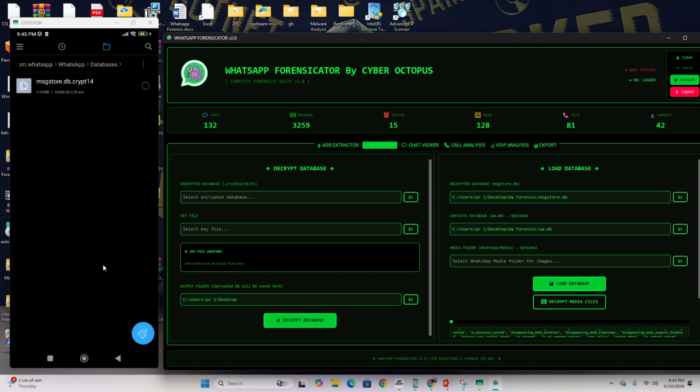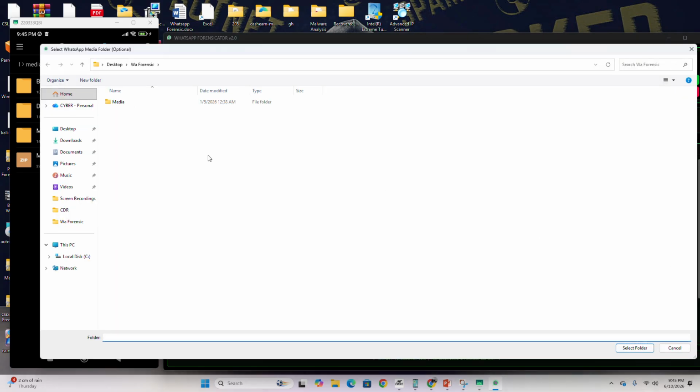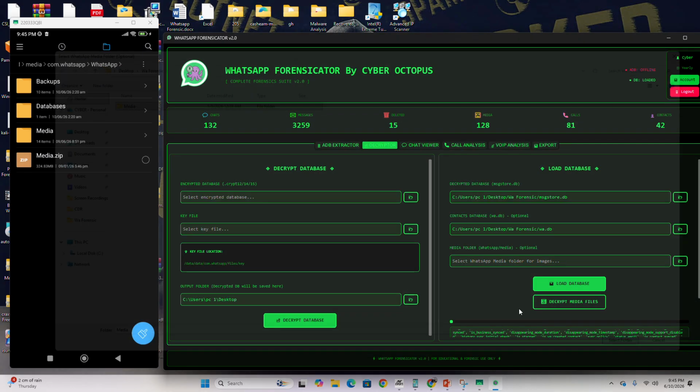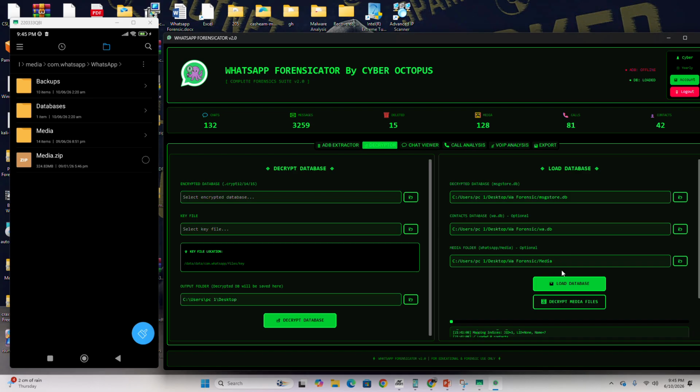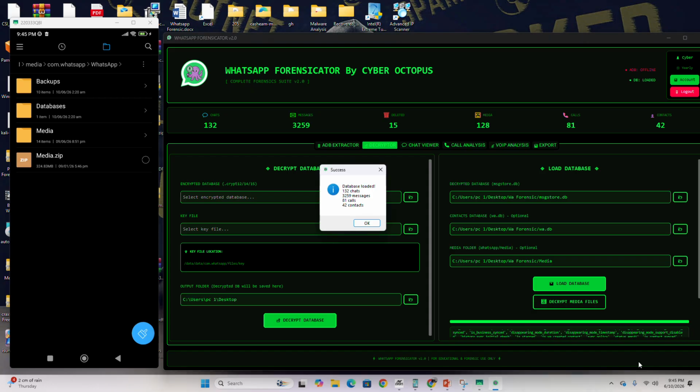Now we will add the media files also. You have to copy the media file to your PC and choose the path of the media folder. You can see I also chose the path of the media folder and loaded the databases.